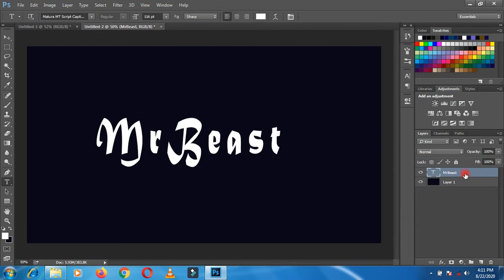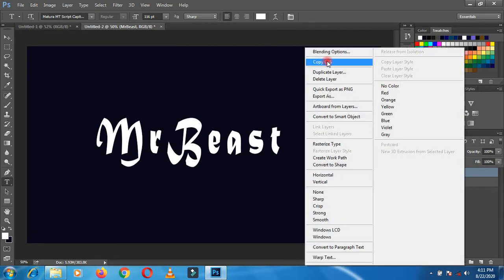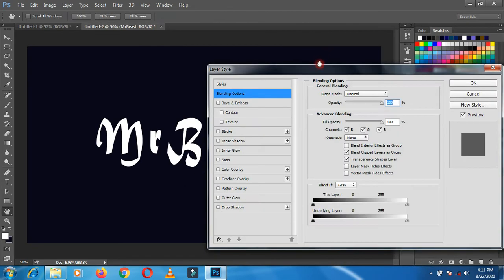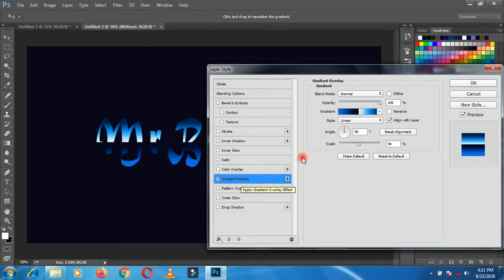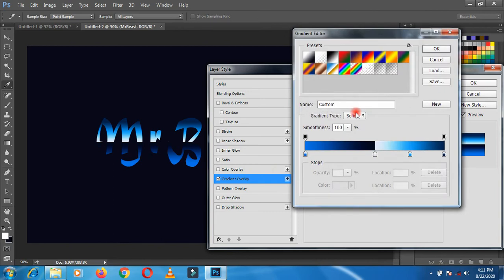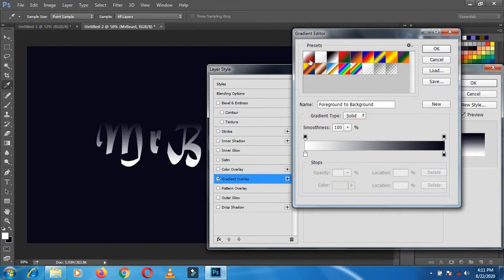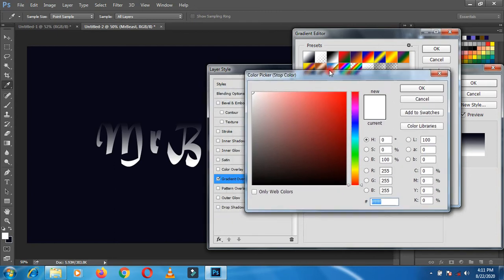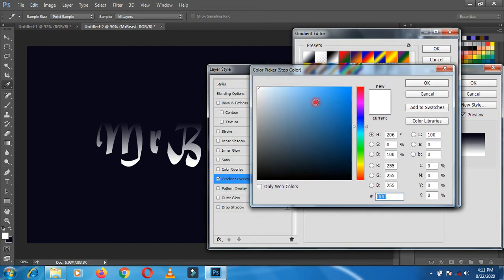Then go to layer and click mouse right button and blending option. Then gradient overlay. Already color here, but I choose new one. Then click here and click here and choose this type of color like this,